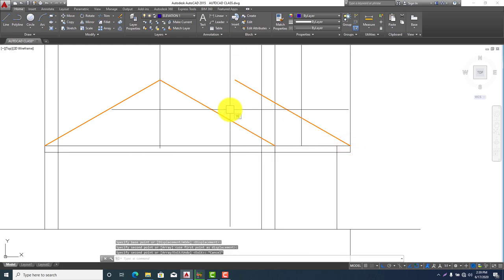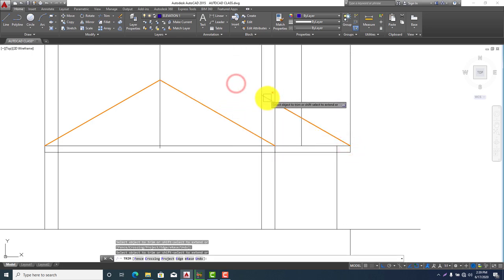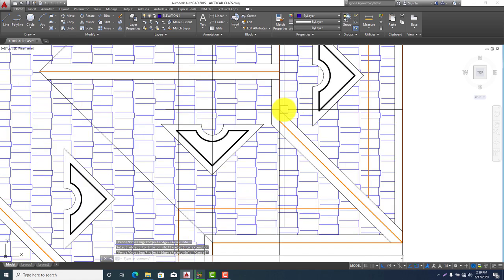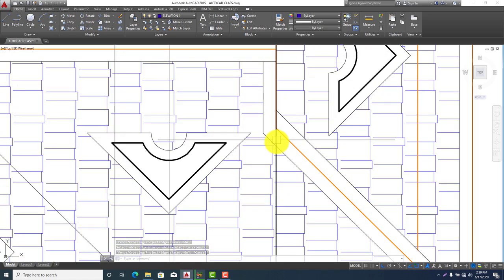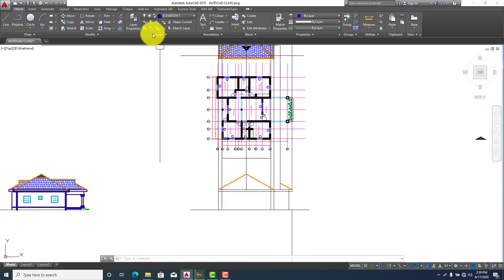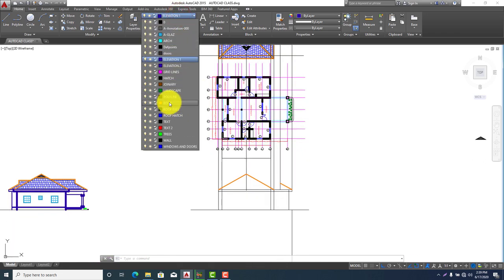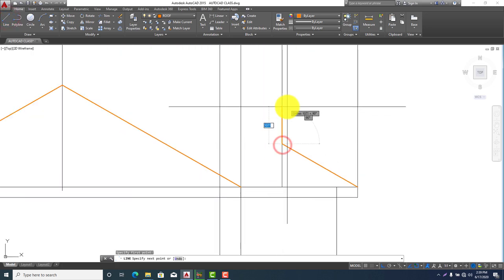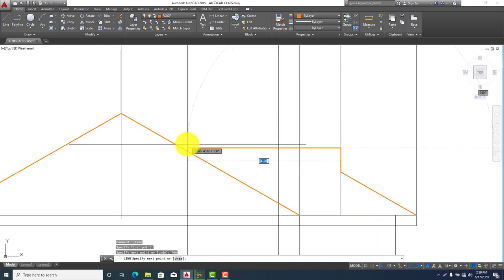So we say trim, trim, trim. So it's supposed to stop here, but let's go back to the roof again and see. We have it going up in this direction, so we know we've been using 700. So let's just draw our line, ensure we're on the right layer, roof. We'll pick our line of 700 going up, and definitely we know it's going to join up with this, so